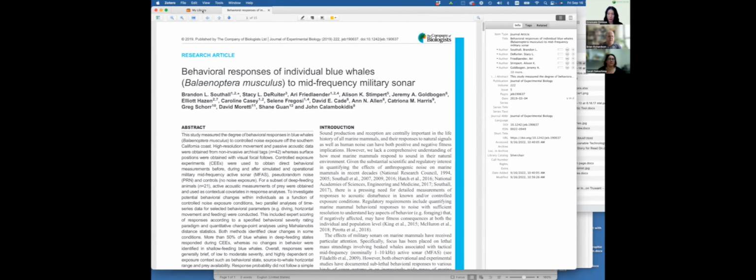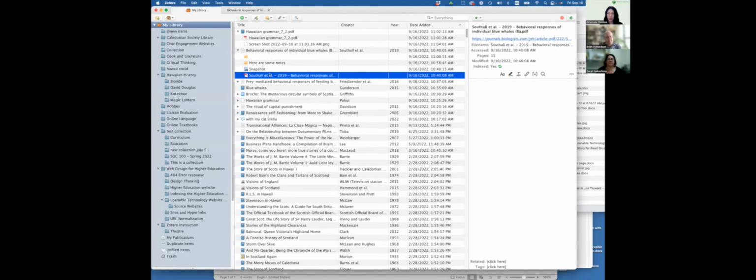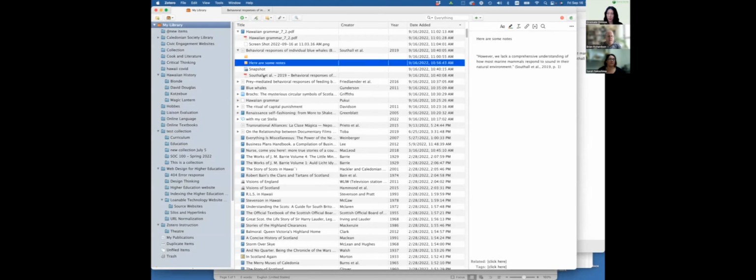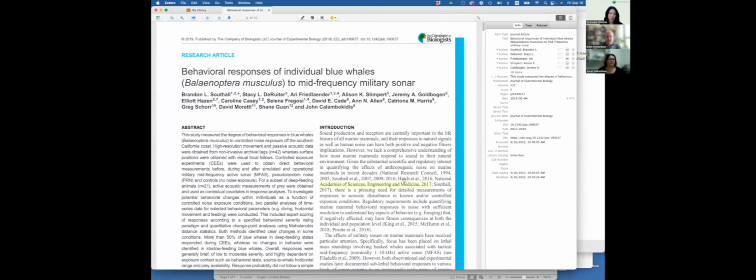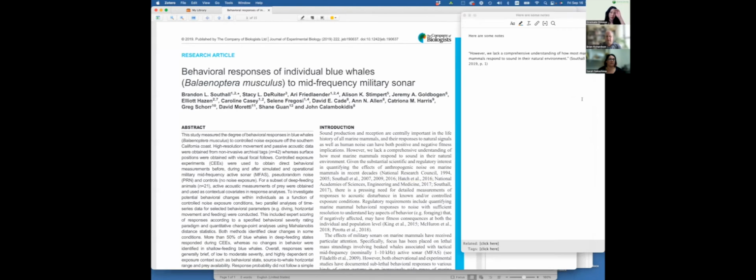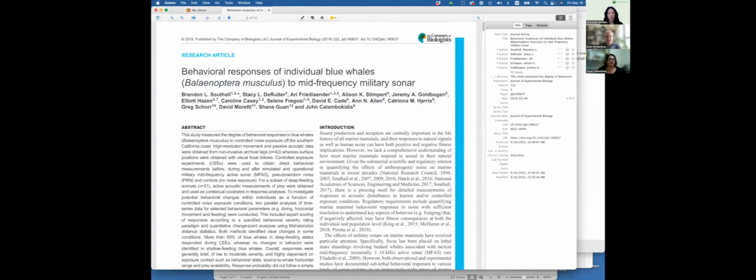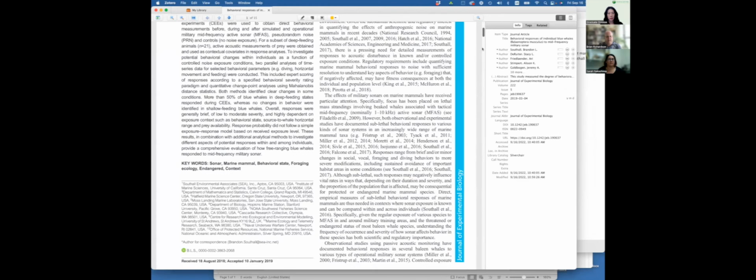So if I've got a PDF and the notes, what I need to do is two things. I need to double click on the notes field, and then I get this floating notes window, and then also double click on the PDF. Oops. And then that opens the PDF, right? So now I get these two windows. So then if I come along and I say, okay, I want this particular, well, that's a long sentence. If I want that particular